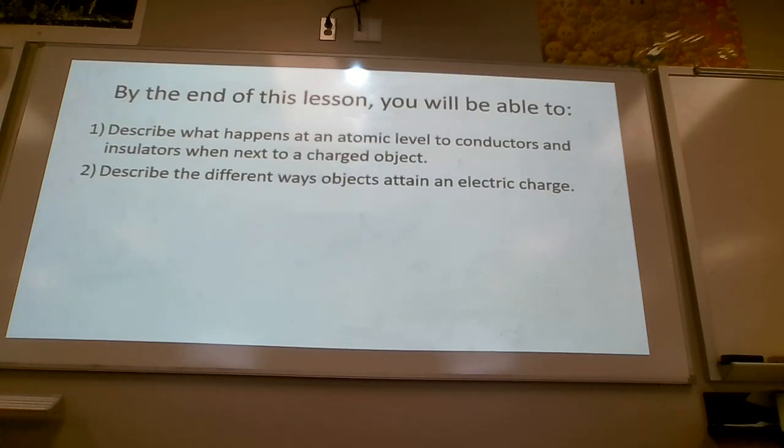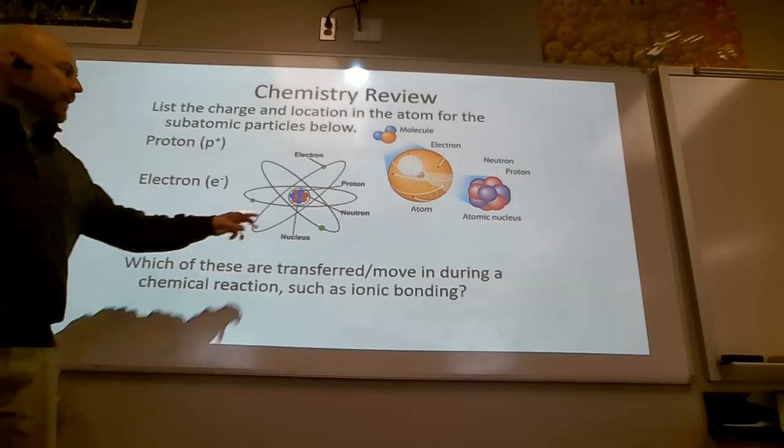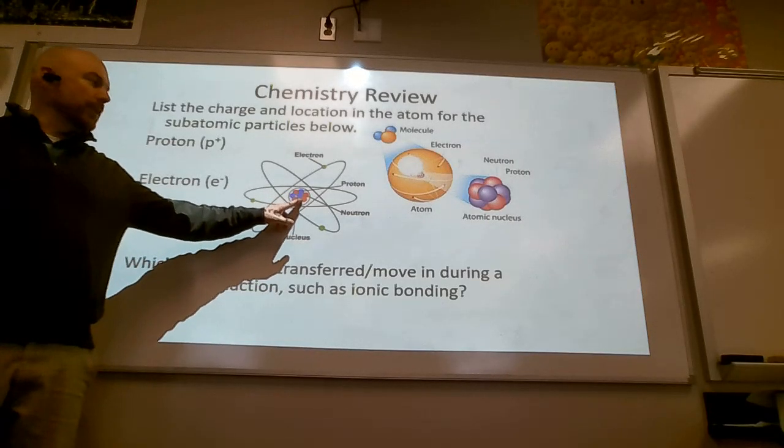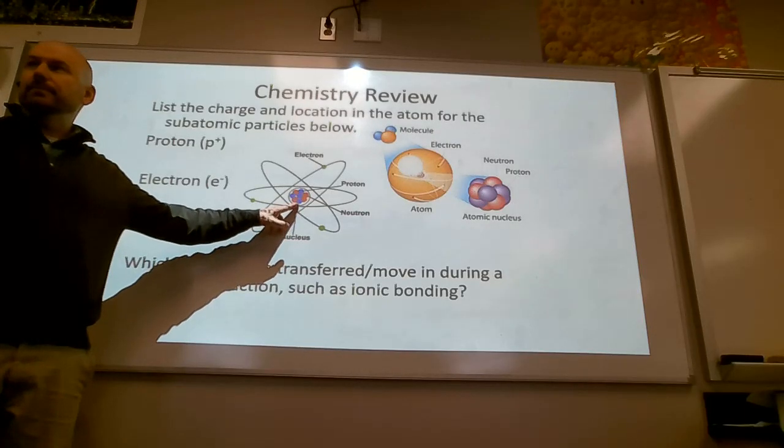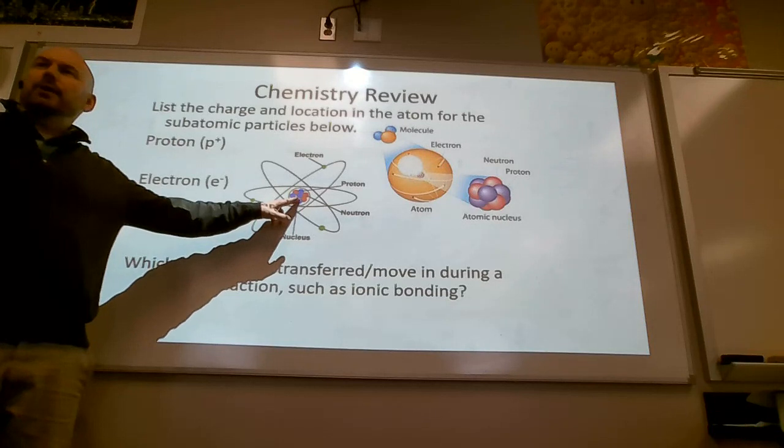By the end of this lesson, you'll be able to describe what happens at the atomic level to conductors and insulators next to charged objects, and describe different ways objects will be charged. We'll do part 2 tomorrow. So, quick chemistry review. What is found in the nucleus of an atom? Protons and neutrons. Electrons are